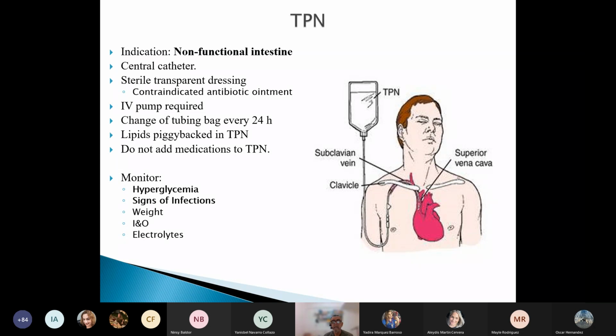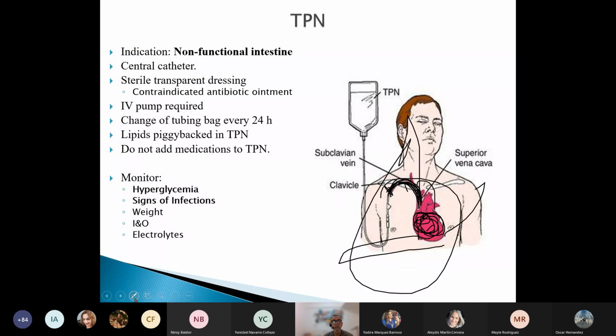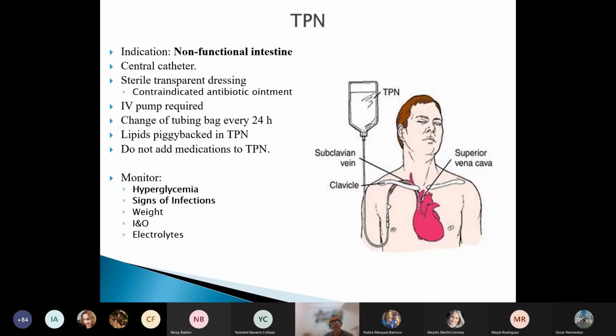The last but not the least is that this catheter is going directly to the heart. So if for any reason a bacteria contaminates the catheter, now the infection is going to be in the heart and is going to be sent to all the body. So quickly the patient will develop a sepsis. The most possible and serious consequence of this way of feeding people is the possibility of causing a septicemia, a disseminated infection in all the blood, which could be lethal.